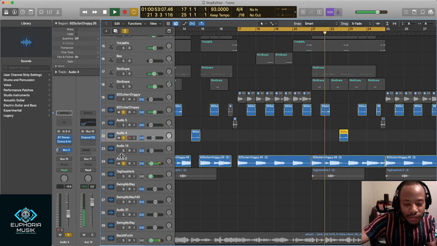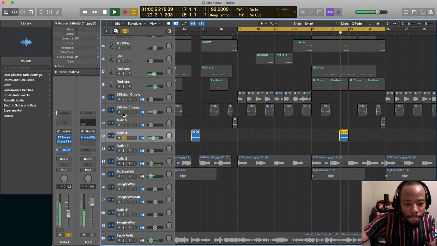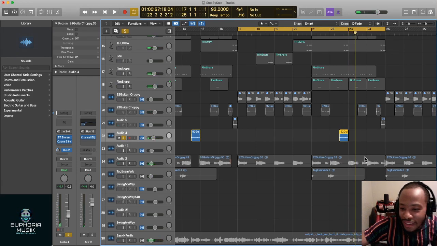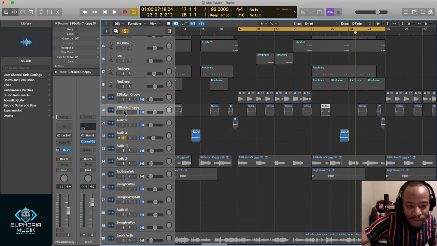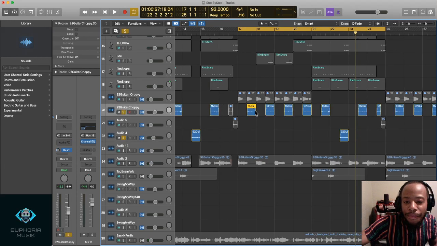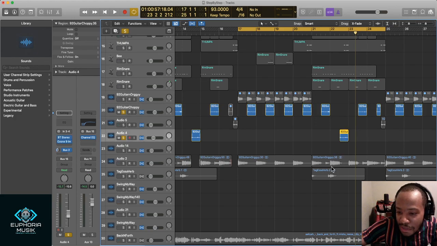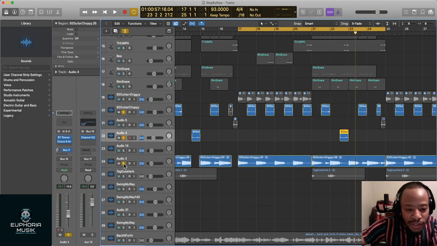Like that. When I heard that part in here, I knew I wanted to do more than what I was doing on this part, because these are all just little chops from inside of this main sample.